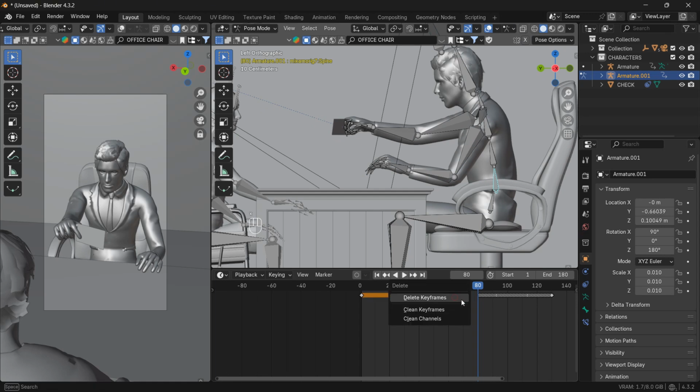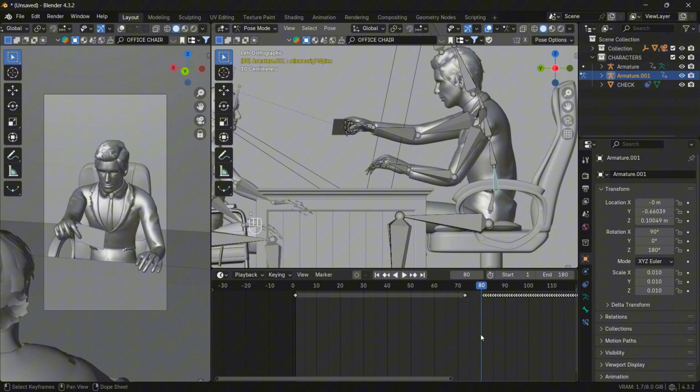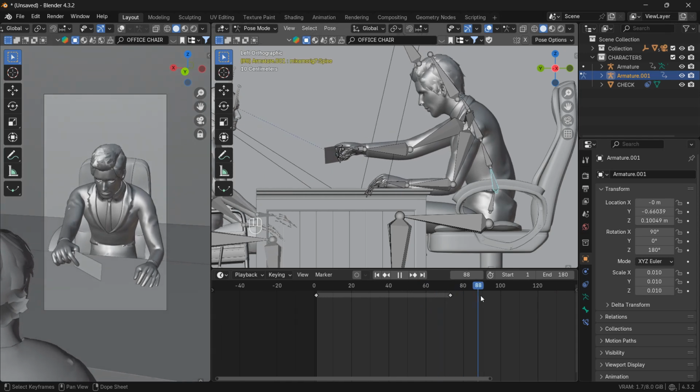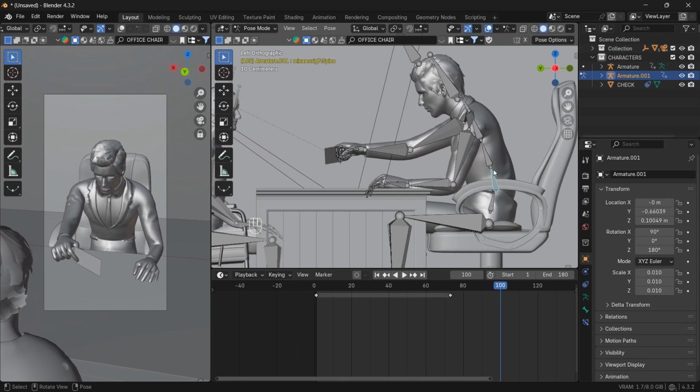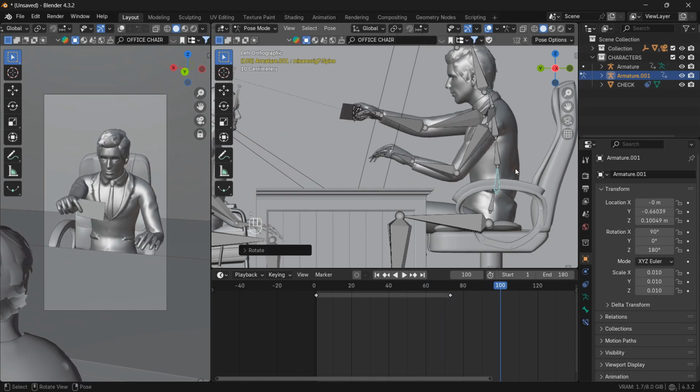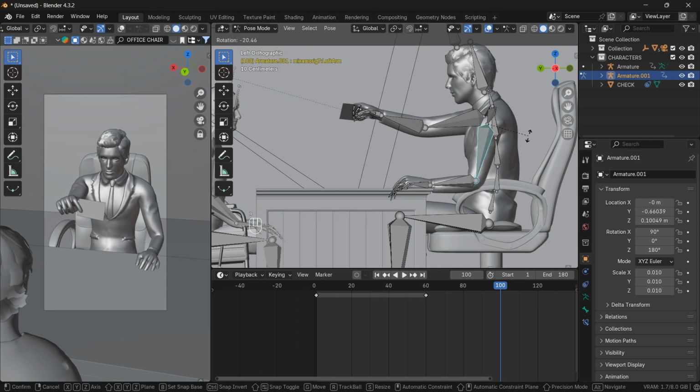What I can do, I can simply delete the motion all over of it. Okay, you can see at frame 100, he will go back to his normal position like this. And for the hand, it will keep his hand on the table